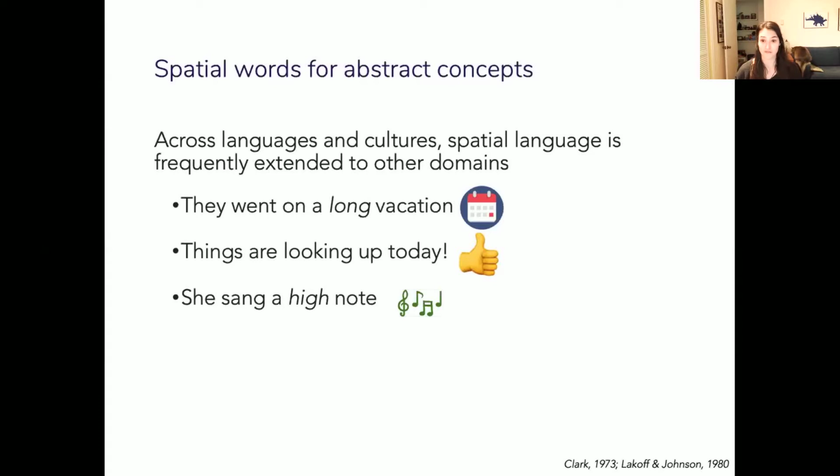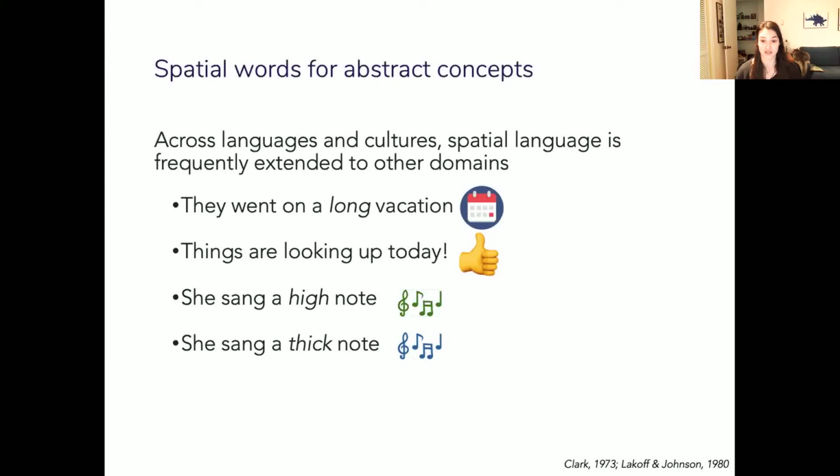are evoked in these metaphors can vary across languages. So in languages like English, we might talk about musical pitch in terms of vertical height. So notes could be high or low. Where in other languages like Turkish or Farsi, we could say something like she sang a thick note. So we would use thickness to describe musical pitch. And even if this metaphor is unfamiliar to you, you might have some kind of intuition about how a thick